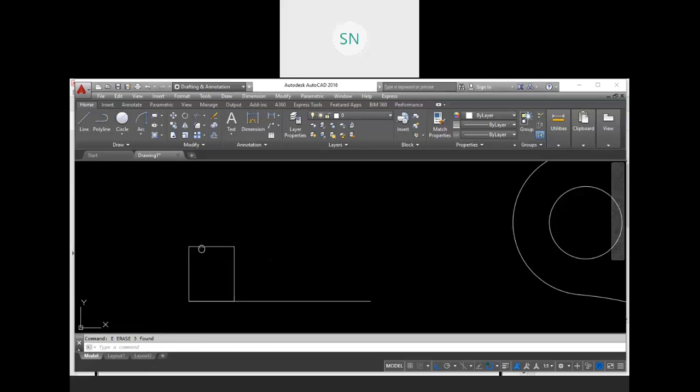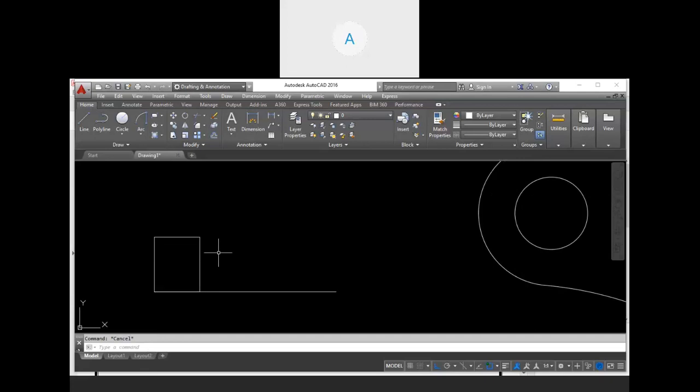So again, let me discuss this copy tool in depth. So first we are able to create multiple copies. Now what if I just want a single copy? So CO, enter, select your object, enter. And now we have one option over here, which is mode. In the mode, we have two options, single and multiple. If you have selected single over here, then after one copy, see base point, direction and value 50. So after a single copy, your command will automatically close.